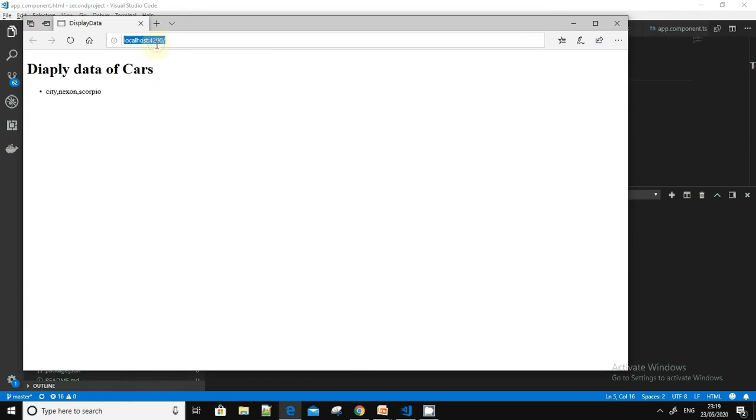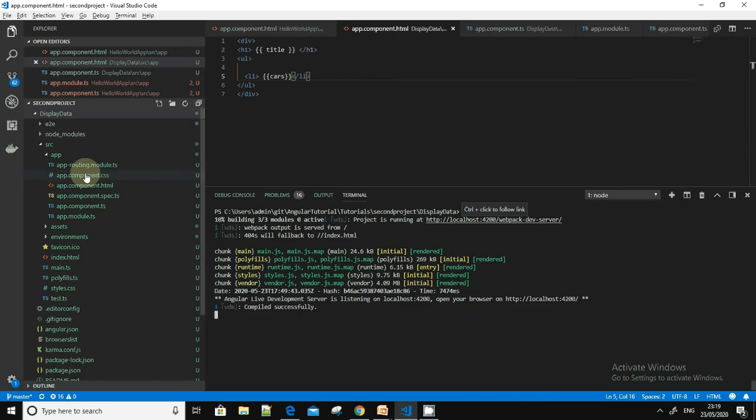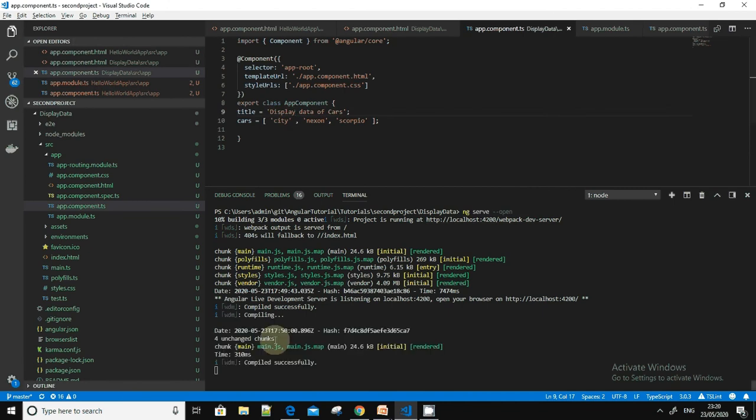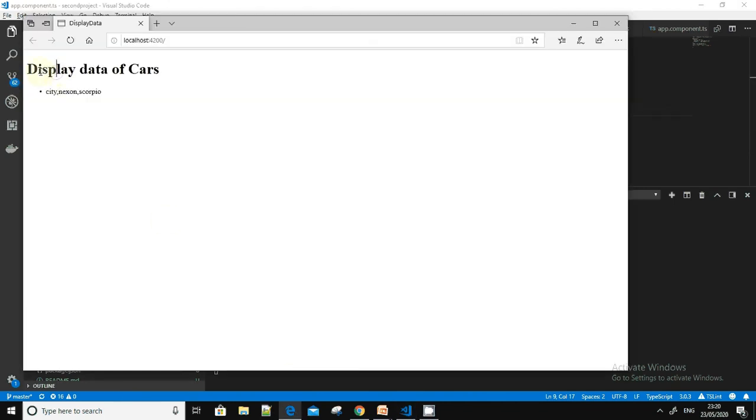If you see, on 4200 it got started, and it is displaying data of cars. I made a small spelling mistake here, so I'm just correcting it and saving it. You see it got compiled and loaded onto the page, so you don't need to restart it because webpack will take care of that.